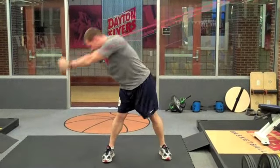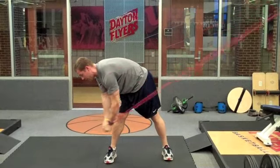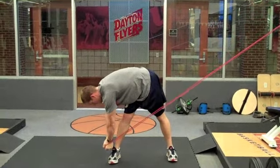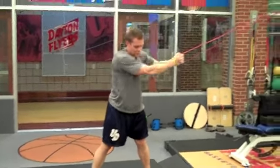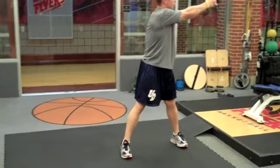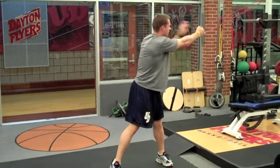I don't want to come across and bring that band down. If I do that, you probably have that band run right across the shoulder. You want to avoid that. So you want to come straight down, right down to that ankle, and come up. Make sure that your arms are straight. You don't want to grab here and punch down through that movement. Again, arms straight, come down, head and eyes